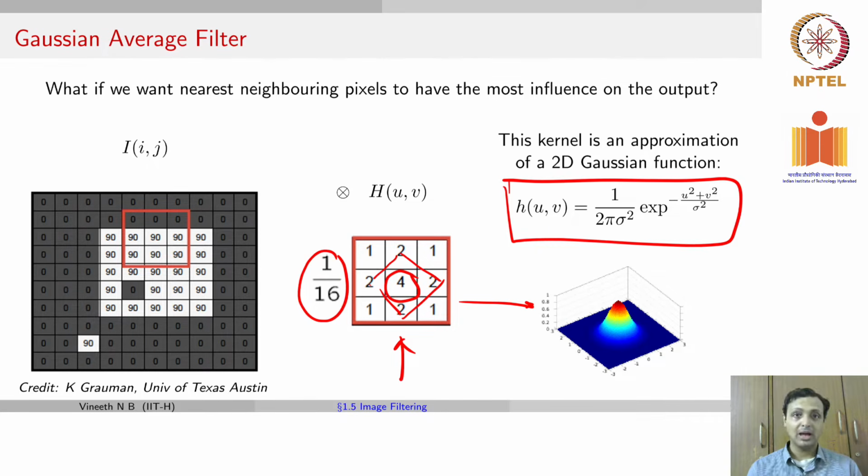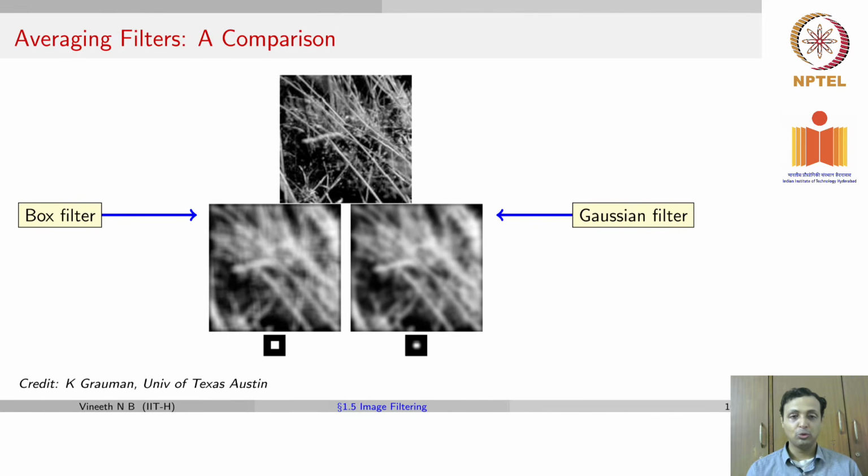And it gives you an averaging filter again, because it smoothens out or blurs your pixels at different locations, but it does not do it in a box filter way, and gives more importance to a central pixel. So if you took the same example that we saw a couple of slides back and see the box filter and the Gaussian filter, you see that there are slight differences in how these two filters work.